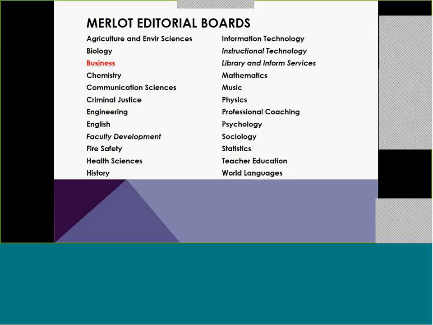We started out with MERLOT, we had 4 editorial boards: business, biology, physics, and teacher ed. And I started out actually as what we called a leader back then in business. We've since revised that, and it's an editor of business, but we do cover, as you can see, a lot of other areas, both discipline areas and then some like faculty development, instructional technology, and library and information services. They're not actually disciplines, but they do support the academic function.